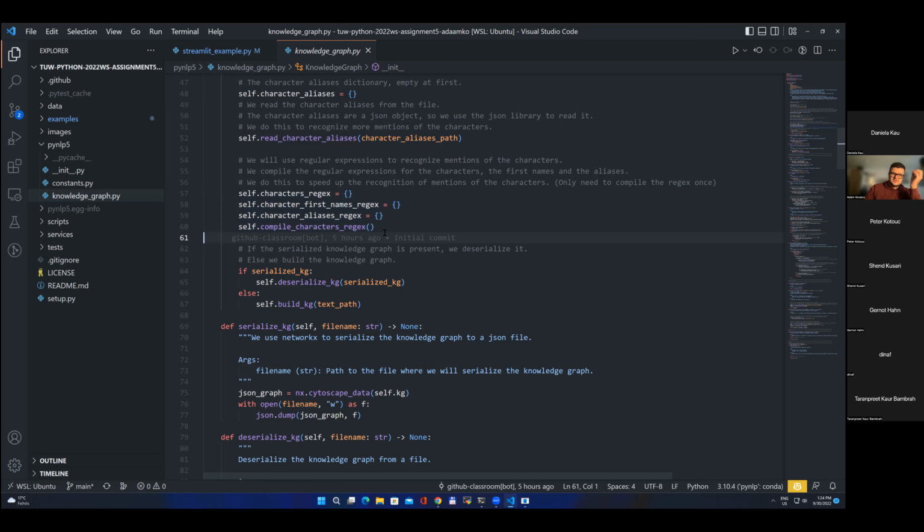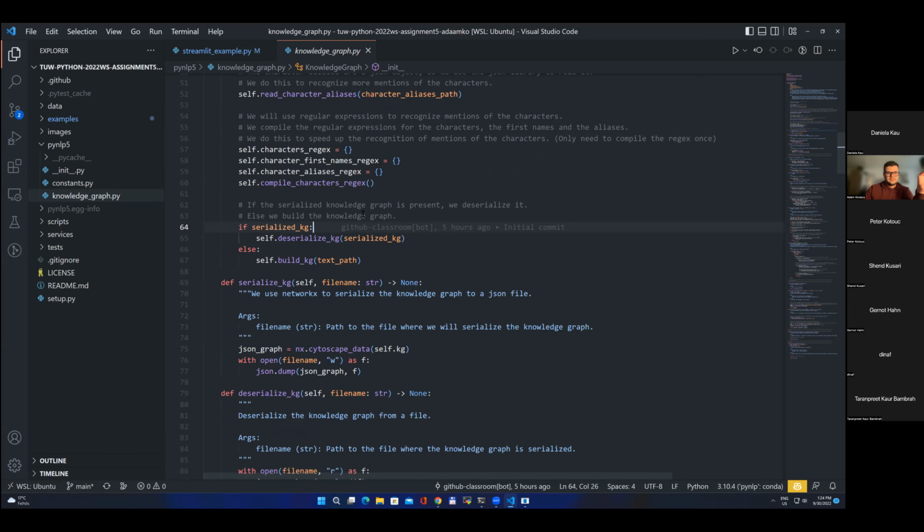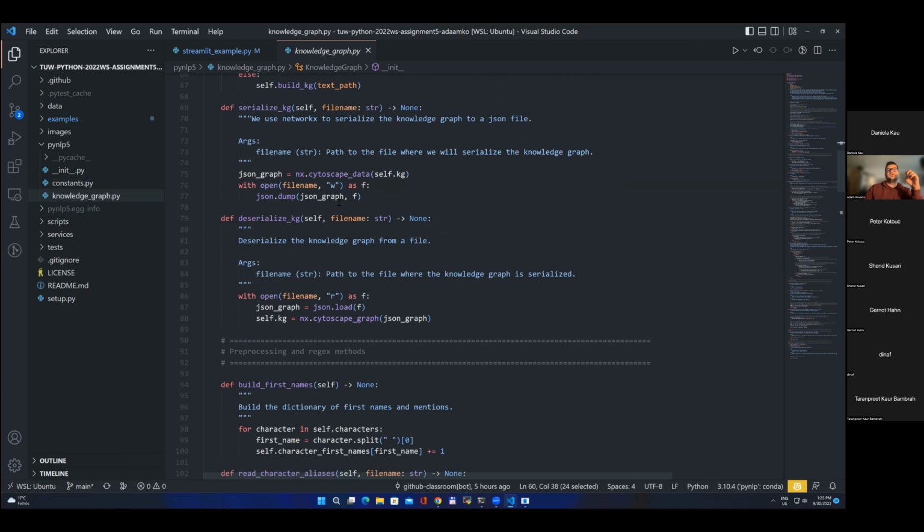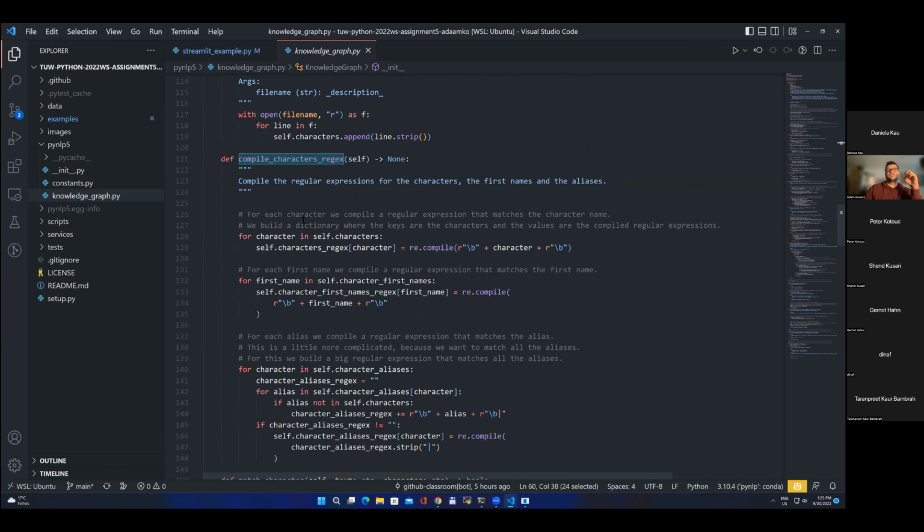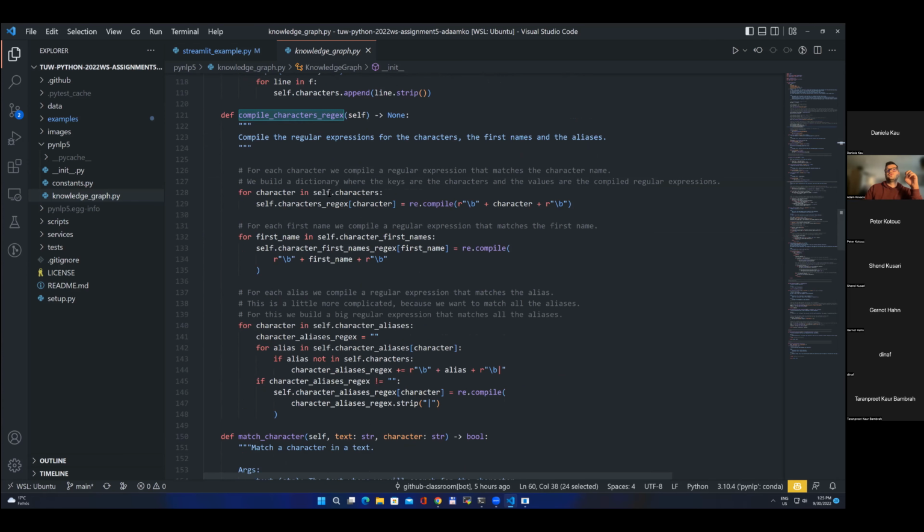And it would be pretty slow if I would just use simple matching. And that's why I'm using a regular expression, and I compile it at the beginning. So that means it will be much faster if you compile the regular expressions, and then you are doing the search with the compiled regular expressions. So I have this function, the compile characters regular expression, which basically just goes through all